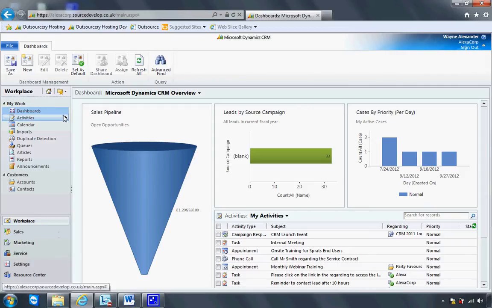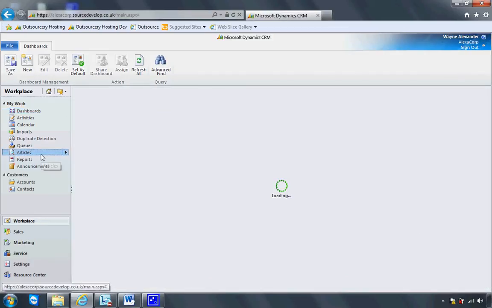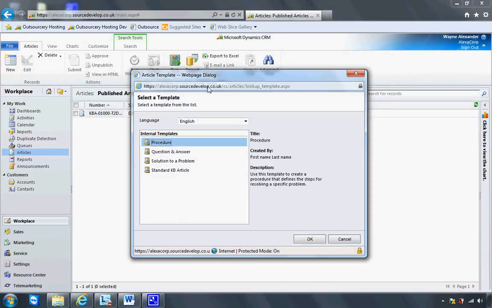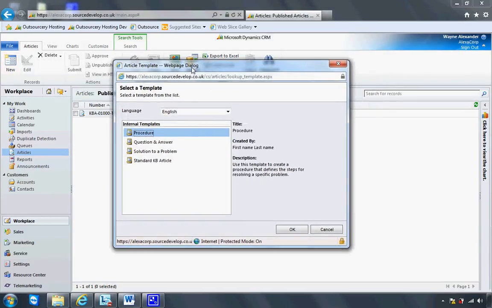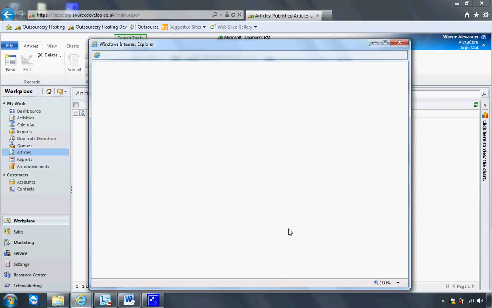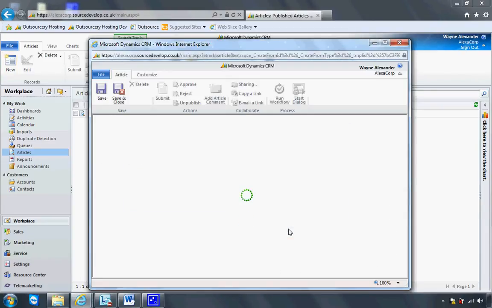article. I'm in the workplace area of CRM, and I'm going to click on articles, and then select new. Now, when you're creating a new article, the system allows you to use a template: either procedure, question and answers, solution to a problem, or standard KB article. I'm going to select standard KB article, and I'm just going to click